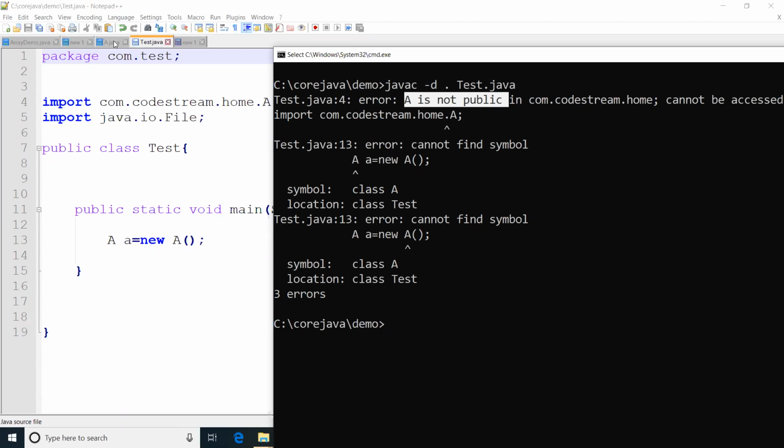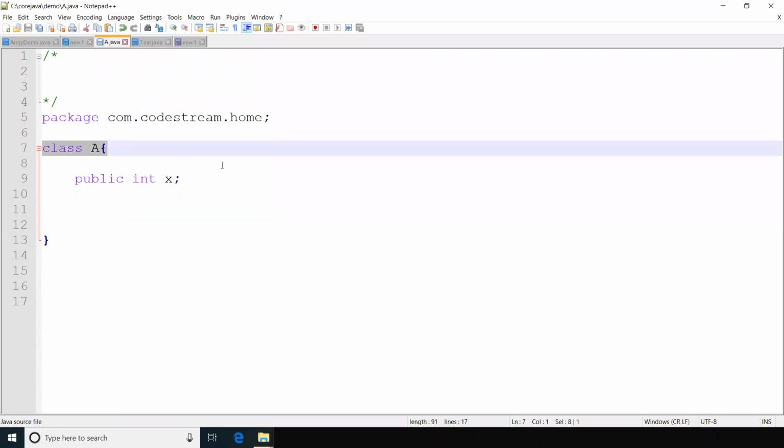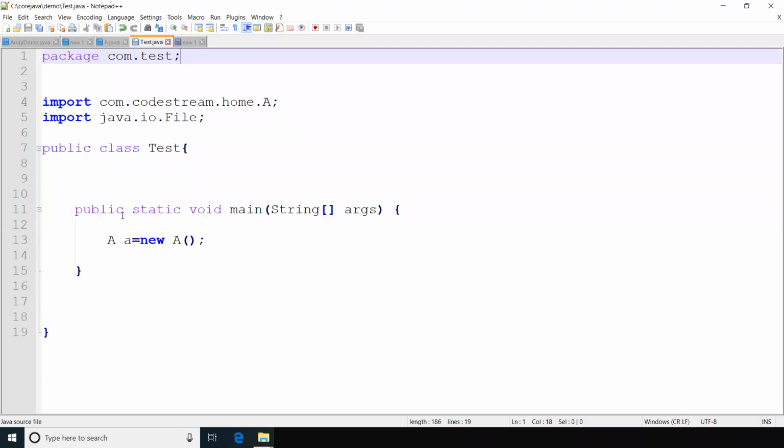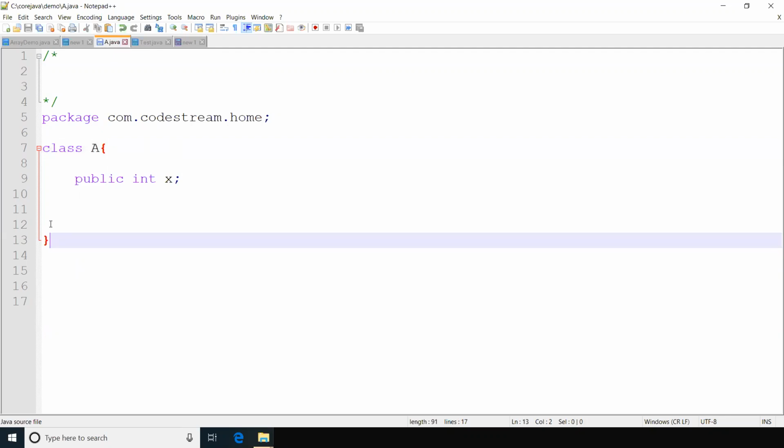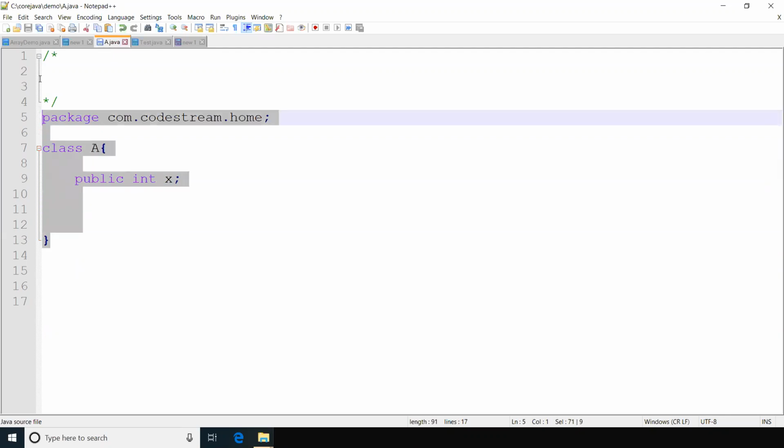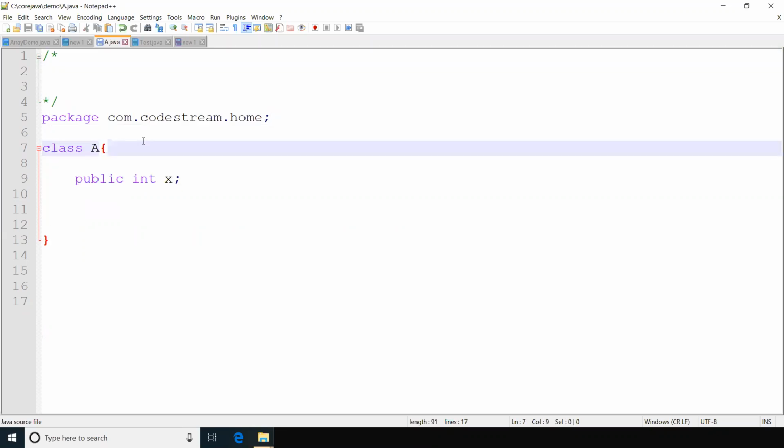What do you mean by that? What is the access modifier for this class? Default. Default access modifier class we are trying to access in the test program. This test program is under one package, that is called com.test package. This is under another package. What is that package name? Com.codestream. That means if we have a default access modifier class, and you're trying to access